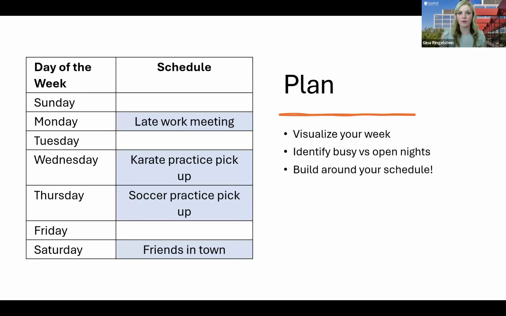And so when you get started with the planning process, I want you to think about visualizing your week. What does it look like? Are you working late? Is your family home? Are you alone? Are you going out to dinner with friends? Do you have to work late and so you're going to need something quick on the way home? Really taking a look at what your schedule is like is going to make all of the difference. We want to build around your schedule rather than coming up with all of these meal planning ideas that maybe don't actually work for what you have on your schedule for the week.